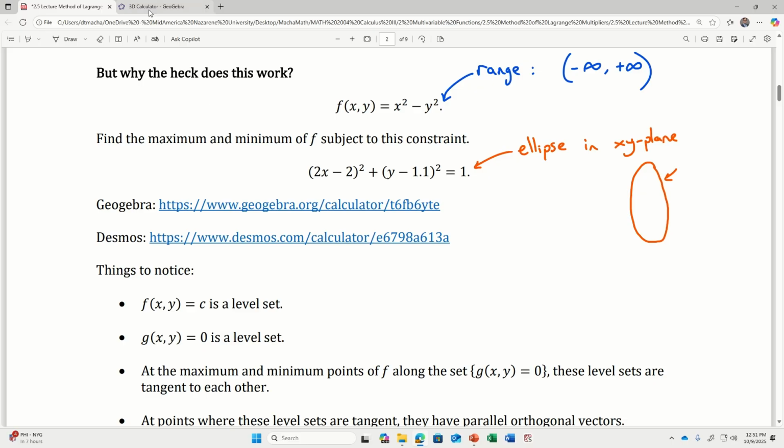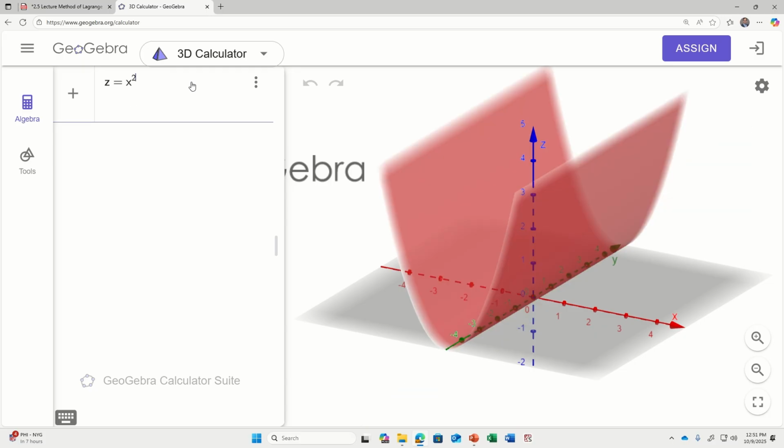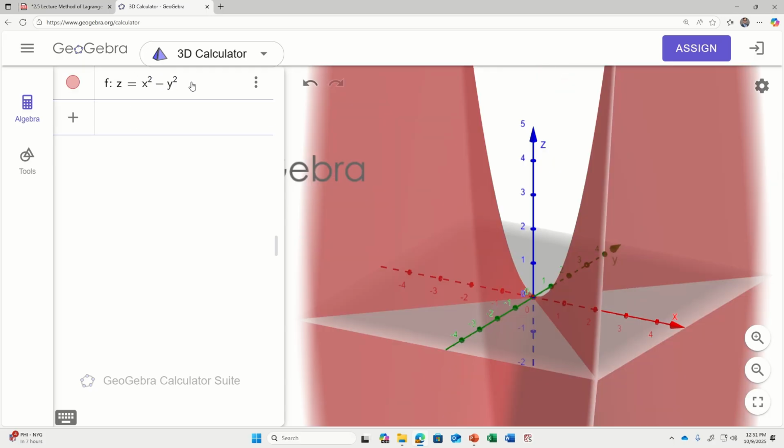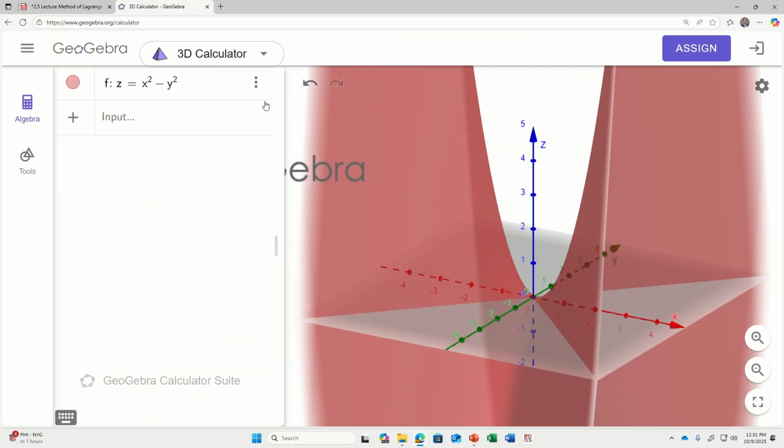All right, so we're going to do this the old-fashioned way. We're going to say x squared minus y squared. And then we're going to say 2x minus 2 squared